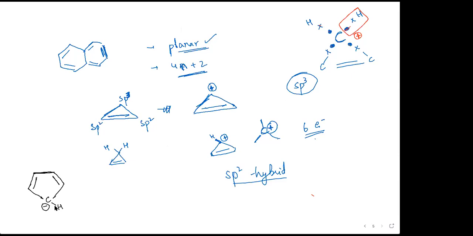No, but I mean, how many bonds does it have? 3. So 3 bonds के लिए कितने hybrid orbitals चाहिए? 3. So sp2. But then these extra electrons lie in the remaining p orbital that is there. Oh, okay. Now that I didn't know. Because I thought of 3, but then that extra electron also added, so it became 4.